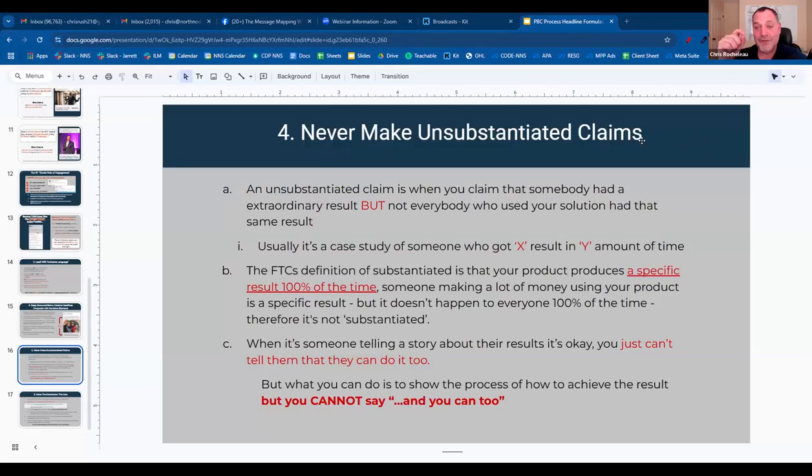And now, stay with me, everyone. This is where not using the word you comes back into play very, very well. Because the moment you use the word you is the moment Facebook's text scanner and their guidelines say that you are now promising, because you're connecting them to the promise. So here's what we would do instead, right?